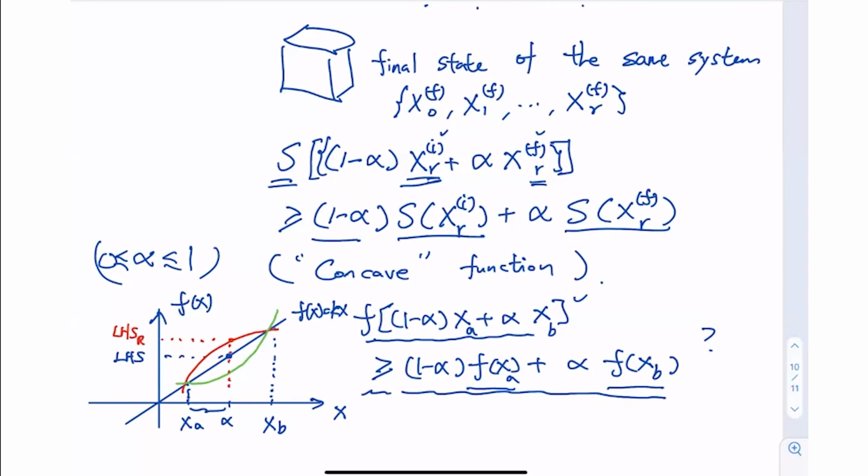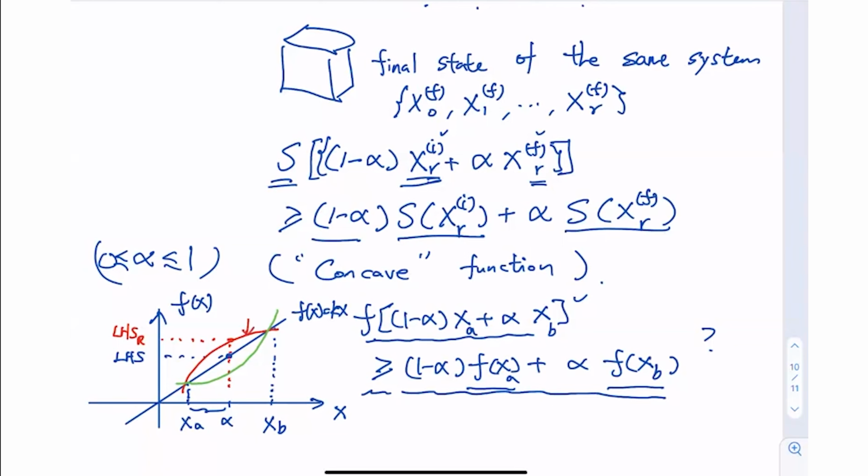Let's try to evaluate the left-hand side of the red curve, because we are evaluating the function value on this red curve, at the point in the middle of xa and xb. And we can see that it is larger than the right-hand side of the equation, which is just the interpolation between the endpoints of our function. So